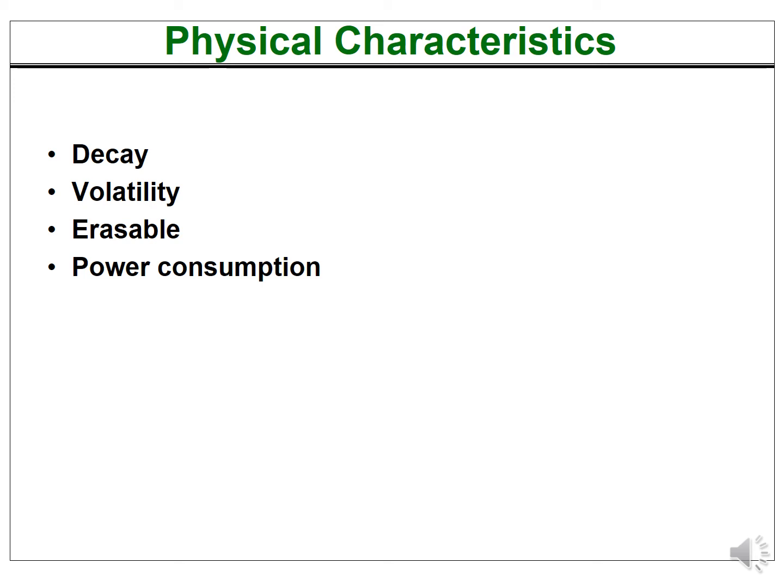So if I leave it as it is, then after a specific point in time, whatever data was stored, see how data is stored, it is stored in terms of ones and zeros. 0 will have a specific voltage level, 1 will have another specific voltage level. So if I store some data in a capacitor, due to the leakage of charge, there will come a time, after some specific time, some seconds or milliseconds, the data will be lost.